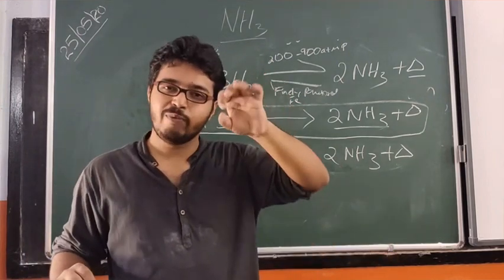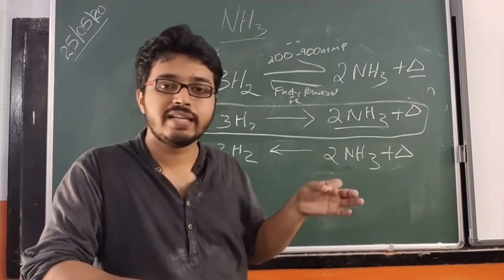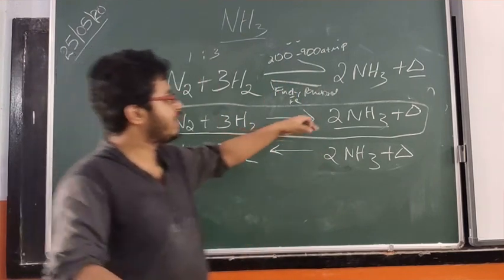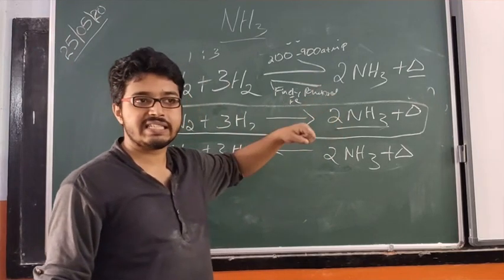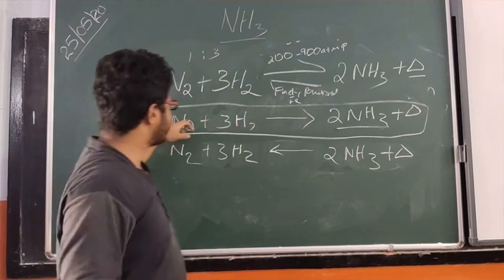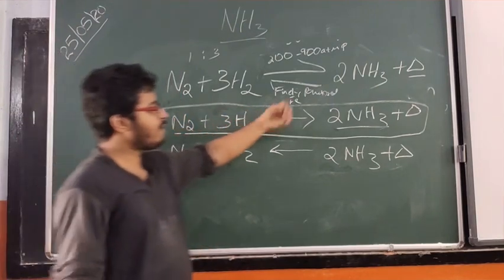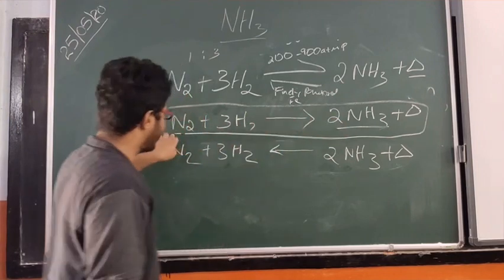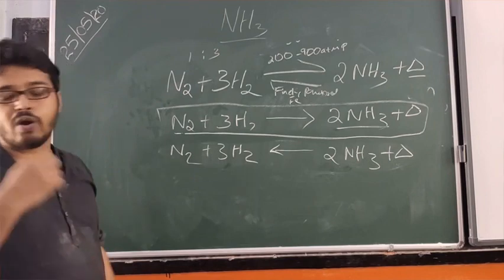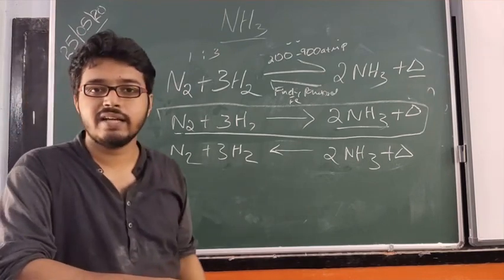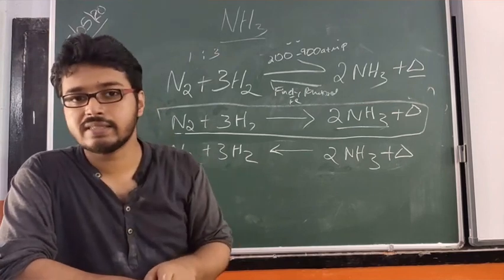If we decrease the temperature, it is supposed to give more ammonia. But if you decrease the temperature, this nitrogen won't react with the hydrogen. It is supposed to give a lot of ammonia, but since the nitrogen is inert under low temperature conditions, we always keep the temperature in a particular range, that is 450 to 500 degrees Celsius.